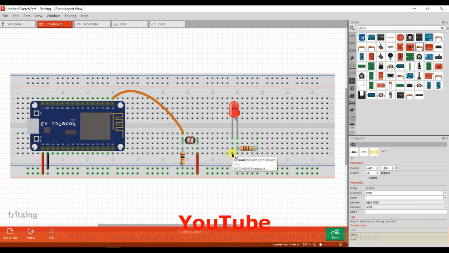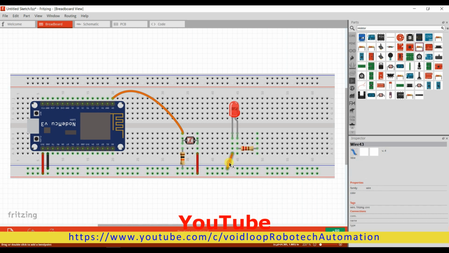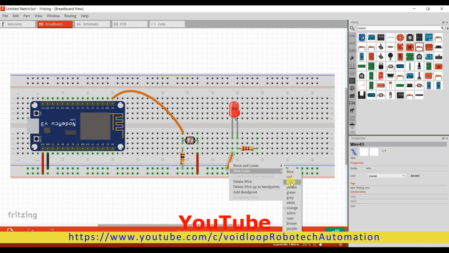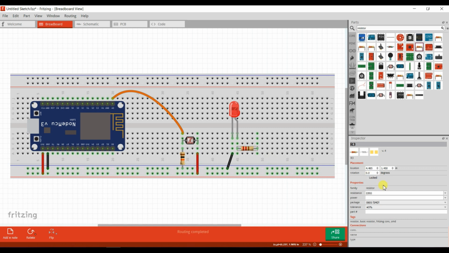I will connect this pin to ground. This is 220 ohm. That's okay. I will connect this LED to the D5 pin.